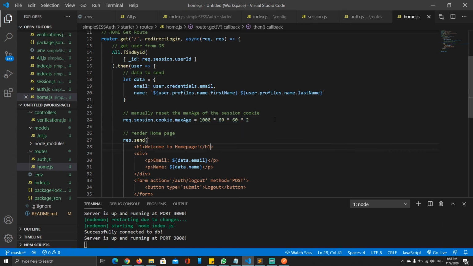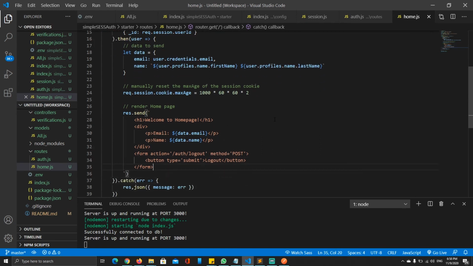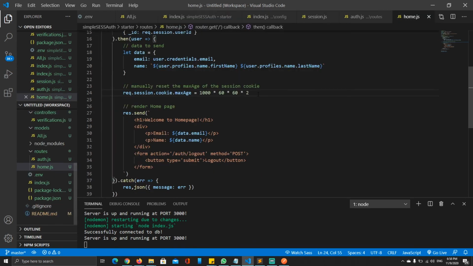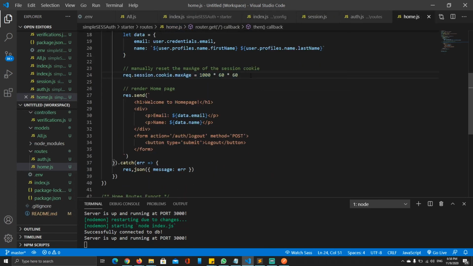So instead of doing it here, I think in order to show you the best way, if we right away do this, then it will negate our session of 1 hour over here, right? A half an hour over there. That's why it will set this to 1 hour. So the right way for me to do this is basically I'm going to create a form